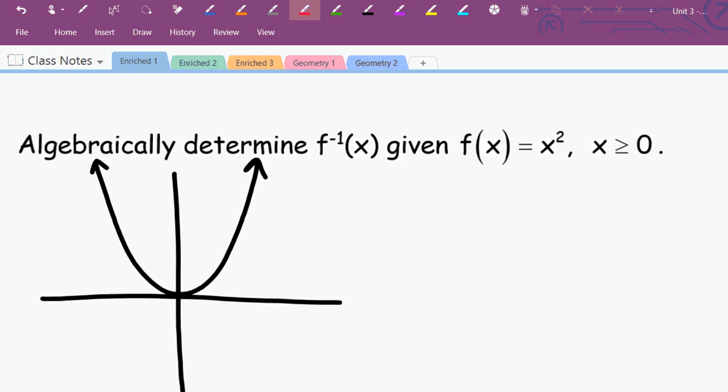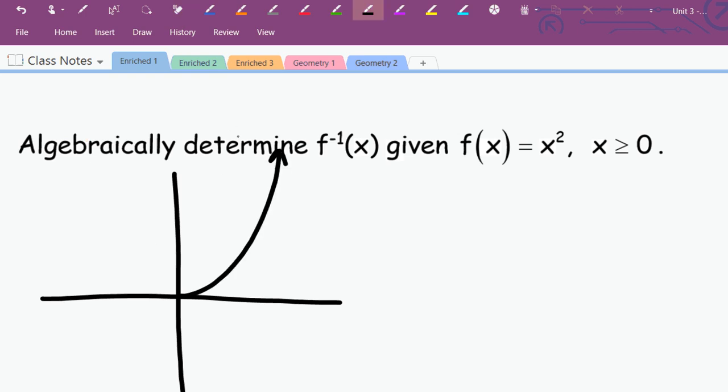And Lyra, would you say I'm looking at the left half and taking its inverse, or the right half and taking its inverse? I go through, the x has to be bigger than or equal to 0. Yep. So it's going to have to be the right half. Even though this function is defined everywhere, we're only looking at the right half of it. And the reason that we would only be looking at the right half of it is because